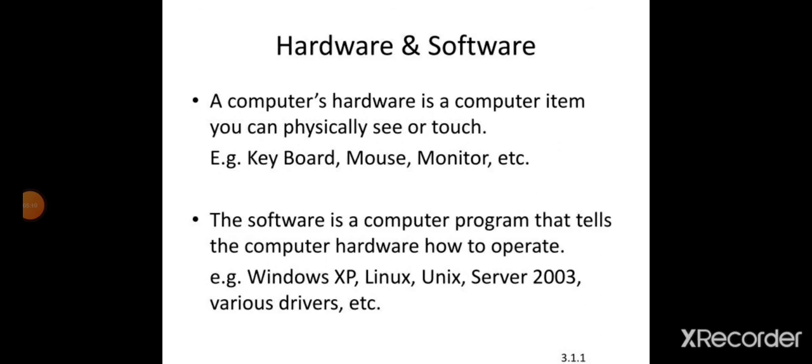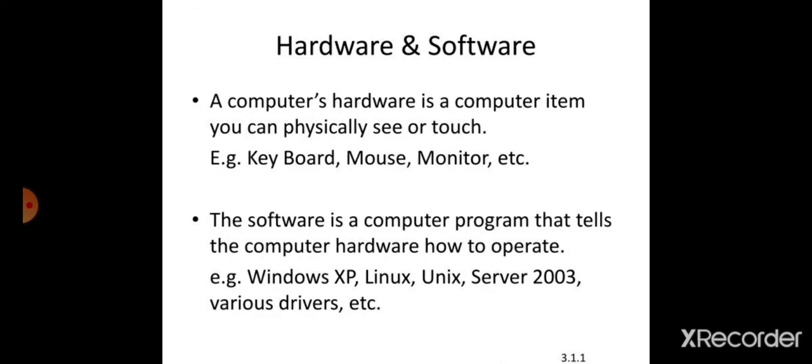The next is hardware and software. The various components that make up a computer system can be broadly classified into hardware and software. A computer hardware is a computer item you can physically see or touch, like keyboard. You can touch it, even mouse, monitor, etc. So what we can say here, the device which you can touch or feel can be considered as a hardware device. While the software is a computer program that tells the computer hardware how to operate,